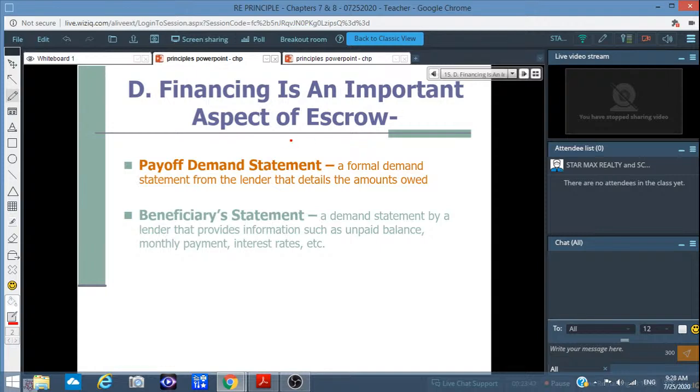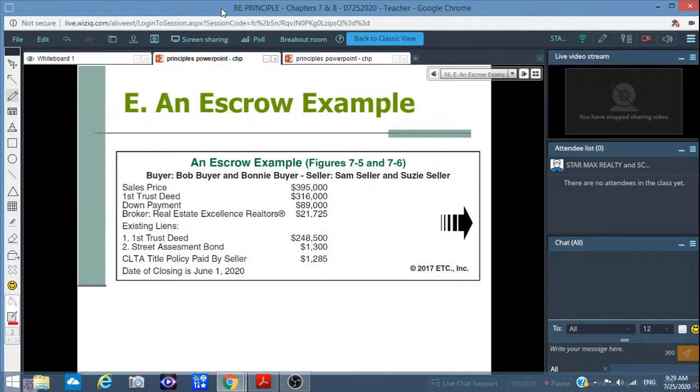OK，financing is an important aspect of escrow。OK，贷款的话也是它管住的。OK，pay off demand statement，a formal demand statement from the lender that details the amount owed。屋主他的贷款，OK，要付清，还有要求一个 pay off statement。Beneficiary statement, a demand statement by lender that provide information such as unpaid balances, monthly payment and interest rate。OK，然后它就是有银行的清单。OK，看看这个贷款到底什么内容，它就可以算出来这个数字。